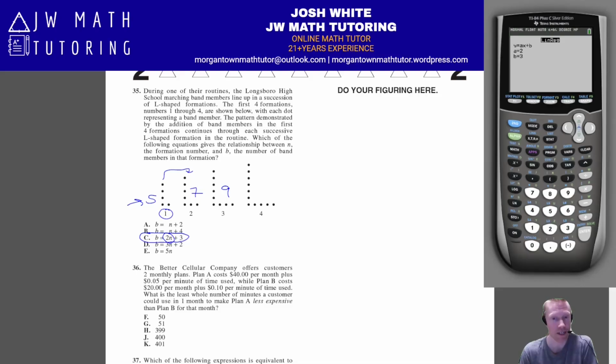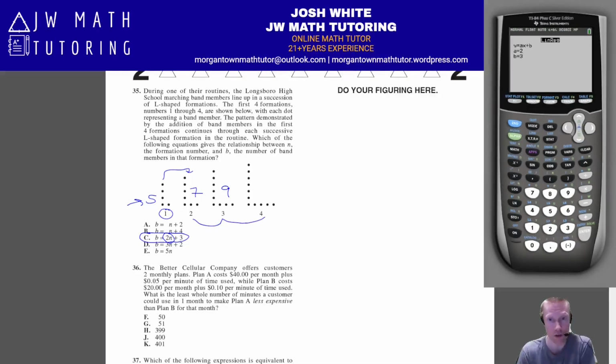So that's probably not a good choice to back solve. You'd probably want to start with 2 or 3 or 4. But you can go down through and plug them in and see which one equals 7 when you plug in 2. And the only one that's going to work is, again, going to be letter C. So 3 different ways that you could solve this problem